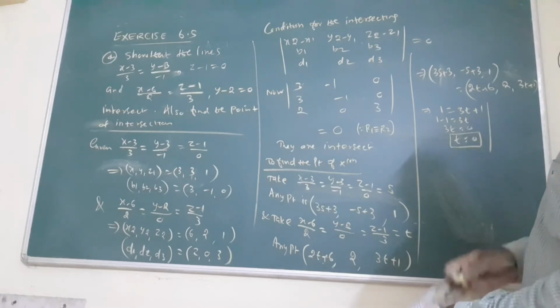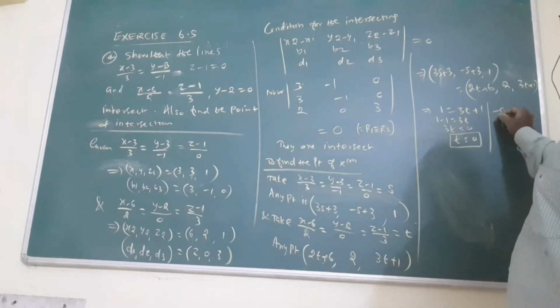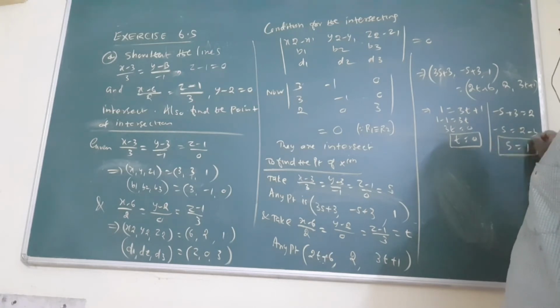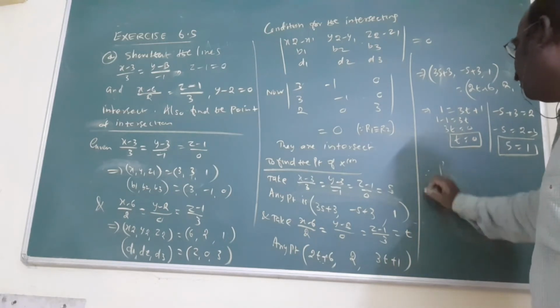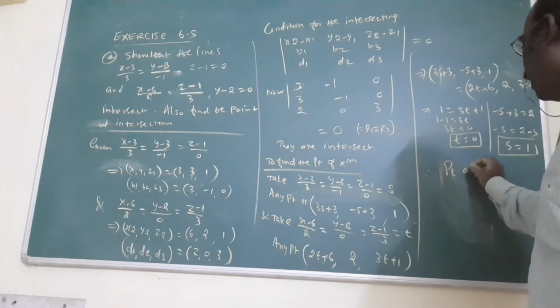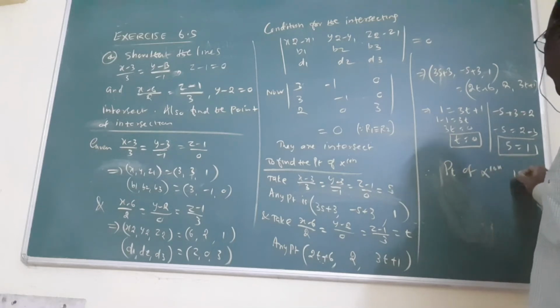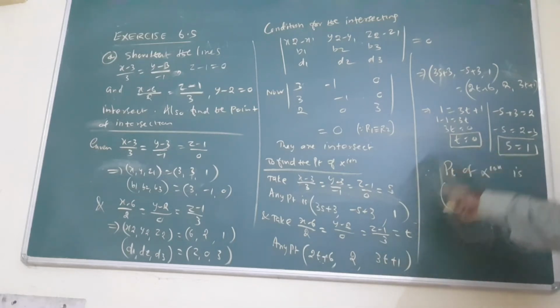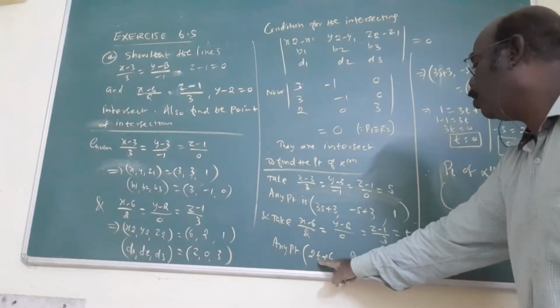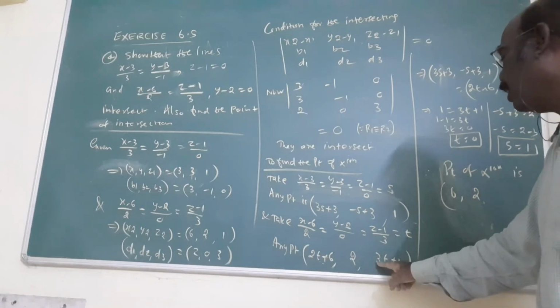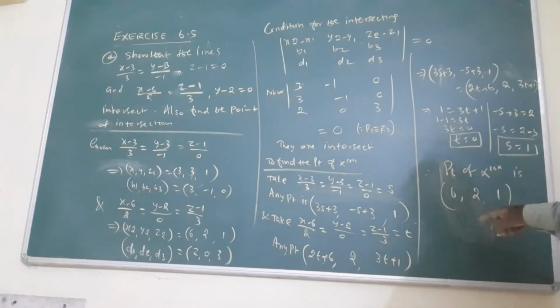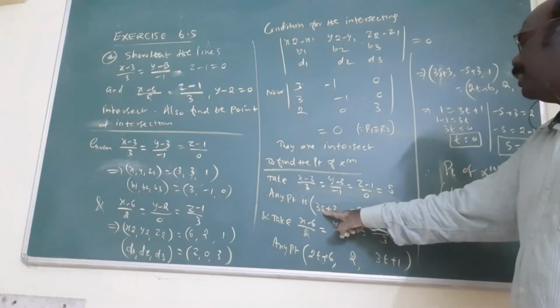Now equate the second point with the second point. Minus s plus 3 equal to 2. Minus s equal to 2 minus 3. s equal to 1. Am I right? Because minus 1 minus 1 cancel. Now therefore the point of intersection is bracket. Put t equal to 0 here. What is the answer? 2 into 0, 0, 6. 2, not t here. t 0 means 3 into 0, 0, 1. This is the point. Or otherwise, s equal to 1 is here, substitute here.